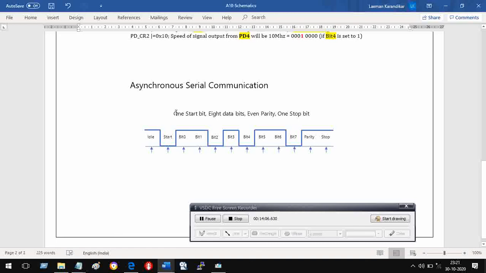This is the requirement of the MP3 module, and therefore I must configure my microcontroller to support 9600 bits per second speed of data transmission.